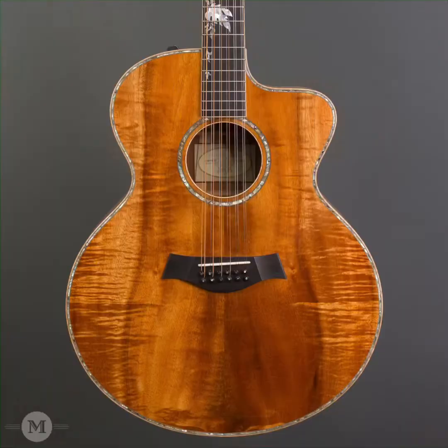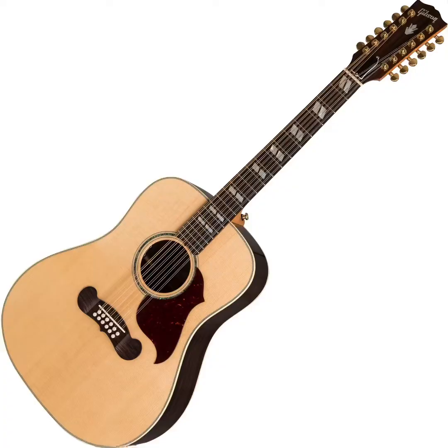Now, if you're going to look for guitars over $1,000, if you've got that kind of a budget, I would certainly say anything Taylor in that range, 2,000 and up. They're going to be beautiful. They're going to play well. They're going to sound great. Gibsons, the Gibson Songwriter acoustic 12 string is a primo 12 string, but you have to